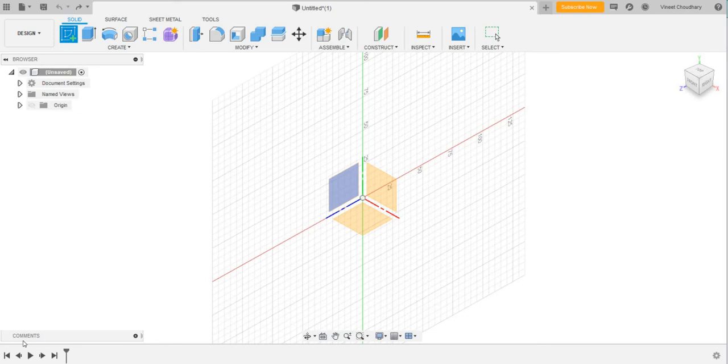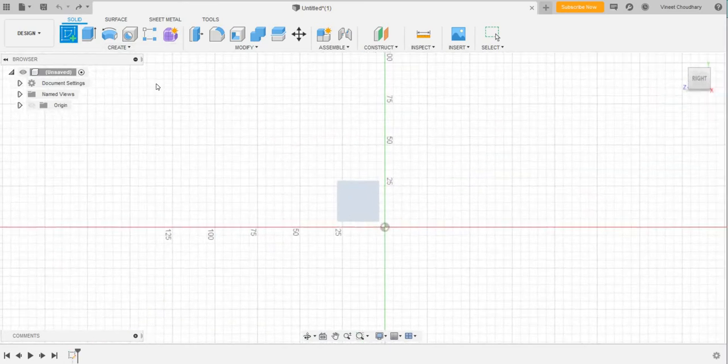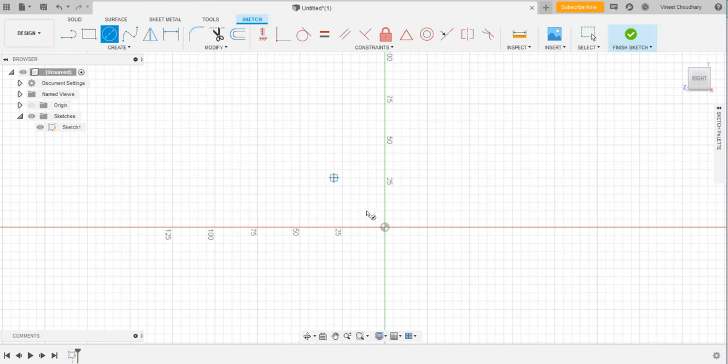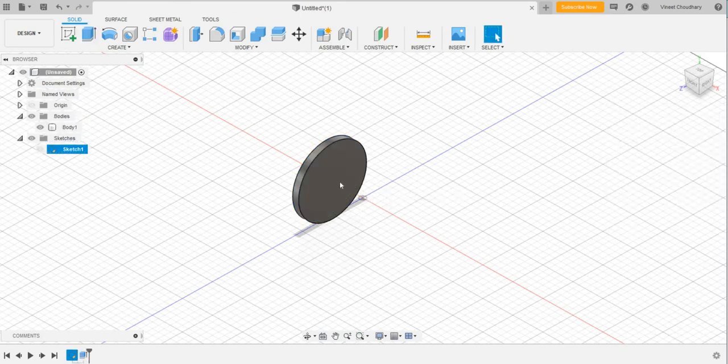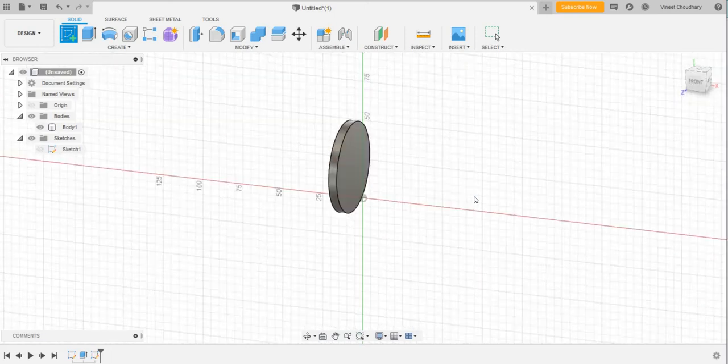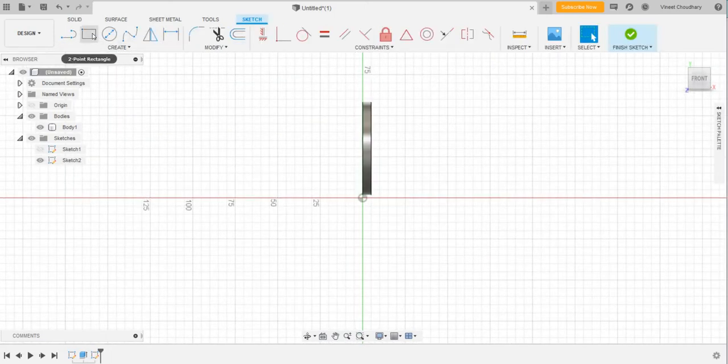Hey everyone, and in this video lecture we will learn more about a few tools that are used in 3D designing. So let's draw a 2D figure on one of the planes and extrude it a little bit,